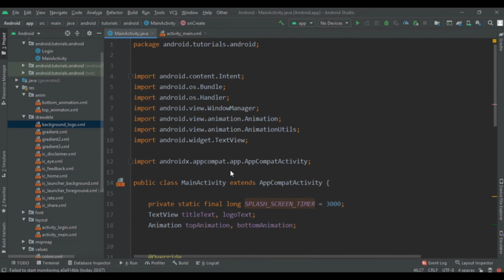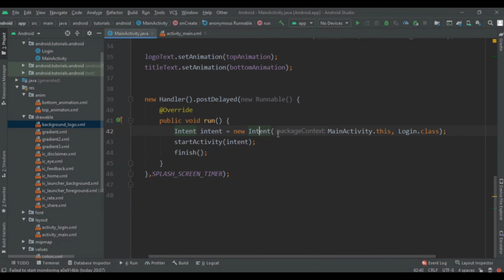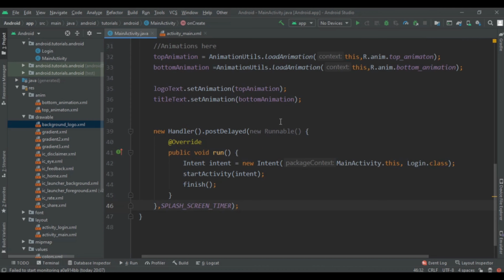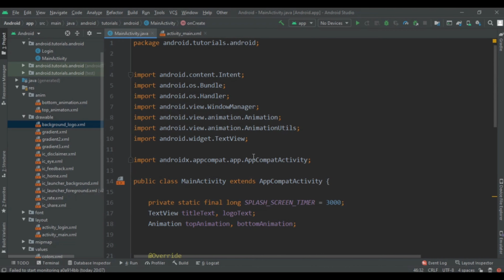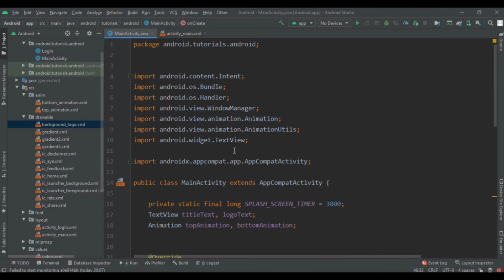So that is 3 seconds. Now here we create an intent, start the intent, and complete it with the finish method. By writing this finish method, the splash file will not be generated again once it's shown, meaning when the user presses the back button, the main layout will be the login screen only.